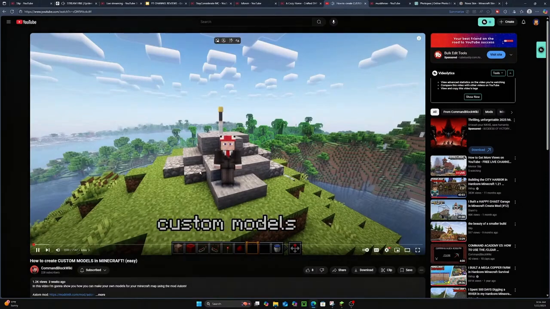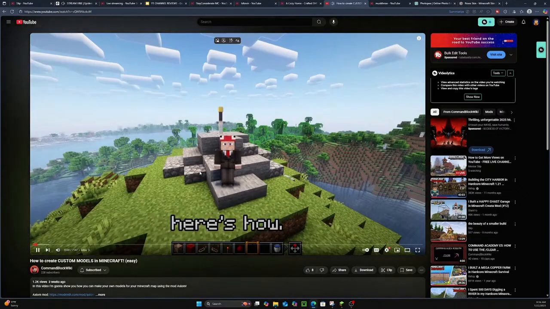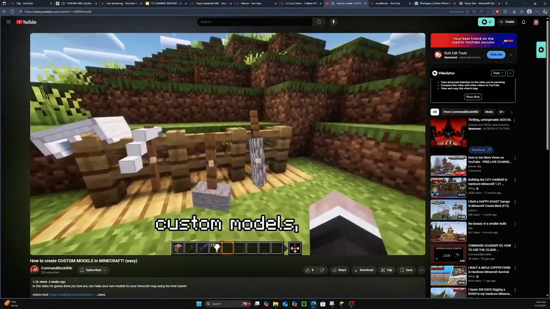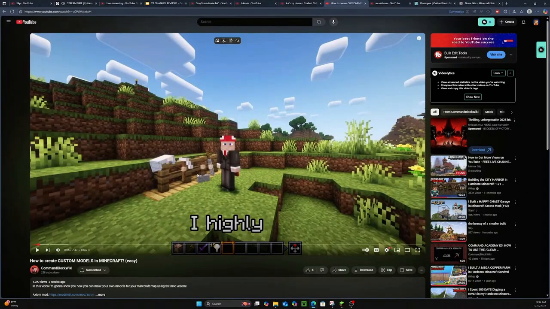Wanted to have custom models in your Minecraft map? Well, here's how. To make all of these custom models,